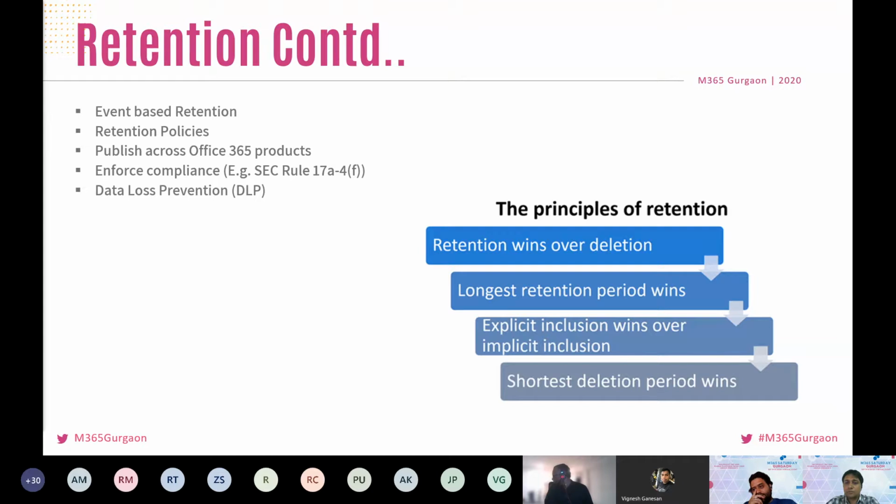A simple example: we can define that any document which contains credit card information, if we have this policy enforced and published, then whenever a user within an organization shares that document outside the organization, he will get a policy warning, policy tips. If he shares from SharePoint or from email, he will get the warning. And at the same time, the administrator will also get a notification of the breach of this policy.